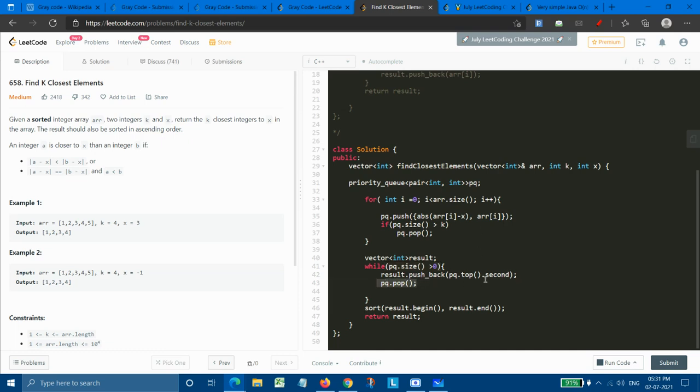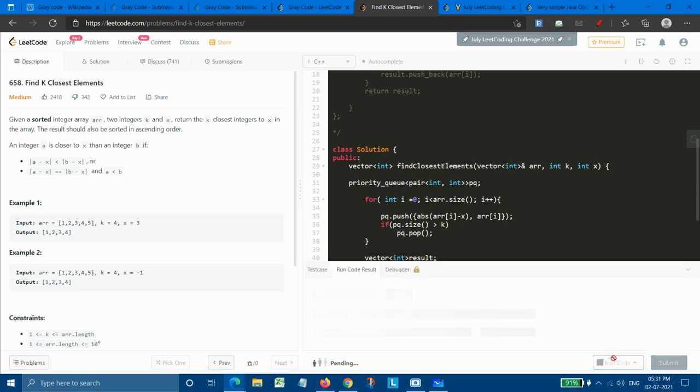By this we will be pushing the second element, that is our array element, to the result vector. And after that, as mentioned in the question, the result should also be in sorted ascending order. So we need to sort this result vector and then return the answer.